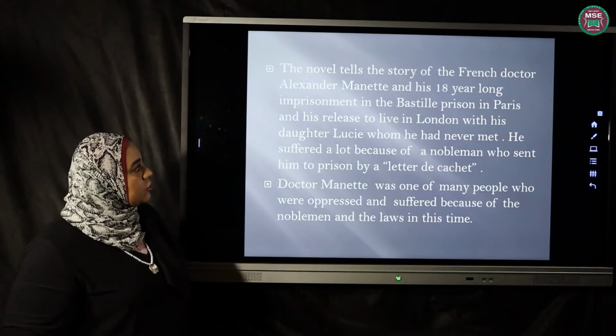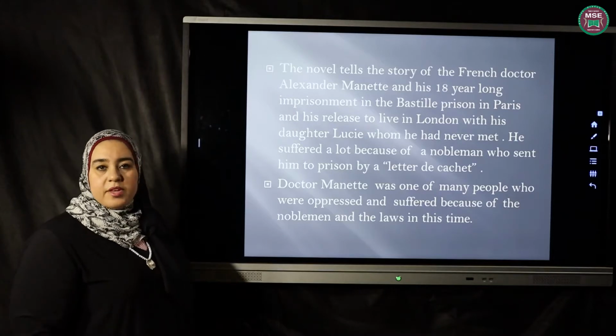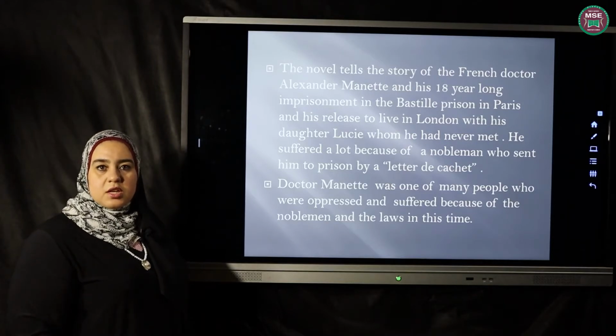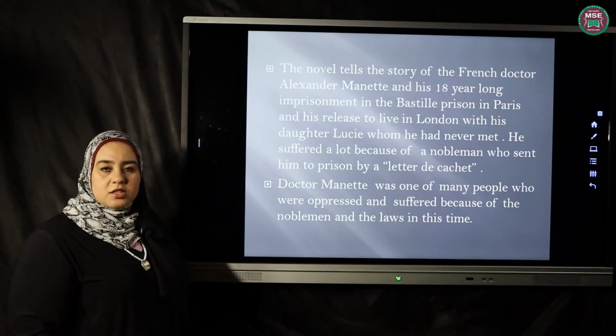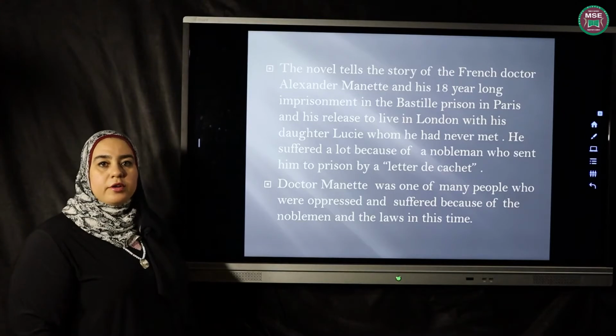The novel tells the story of the French doctor Alexander Manet. From this character, Dr. Alexander Manet, we are going to see how this person suffered a lot from the rich and aristocratic, and how he had been sent to prison, and what happened to him, and how the poor people are going to prepare